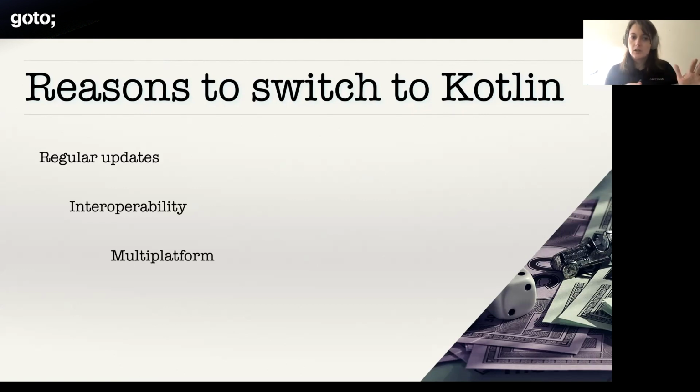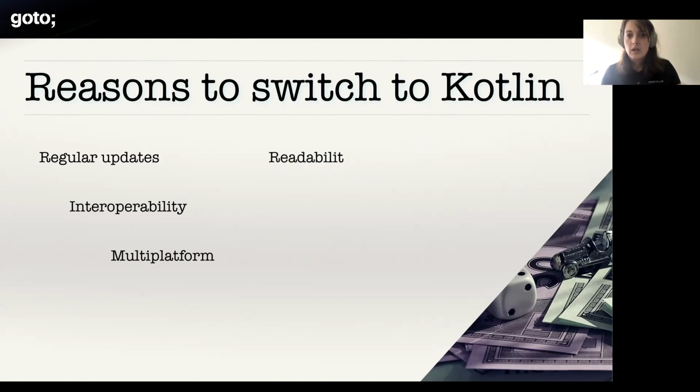If you're working on a mobile-first application, the multi-platform release of Kotlin is a great advantage as well, because you can use the code base for your iOS code, your Android code, and your web code. You can just have that in one repository. So it's just one single code base. So that can be a good reason to switch to Kotlin as well. But for the backend